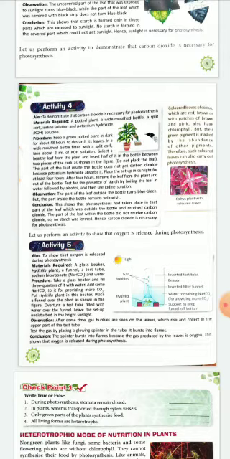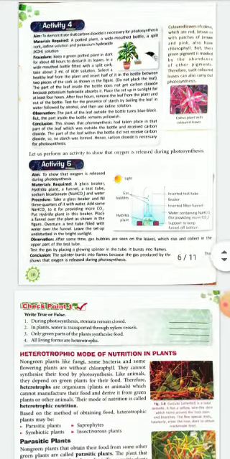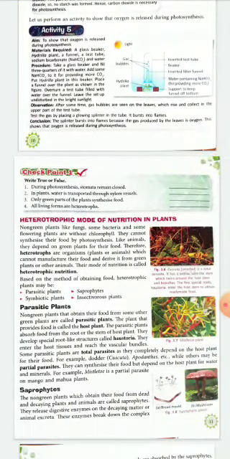Potassium hydroxide has a feature that it absorbs all the carbon dioxide gas present around it. So we are not allowing the leaf to absorb carbon dioxide, and we will place it in the sun for 4 to 5 hours. Again for that leaf we will perform the iodine starch test. It proves that the portion which was inside the KOH container did not change color to blue black, which shows that photosynthesis was not done on that portion of the leaf, which shows that carbon dioxide is necessary for photosynthesis.